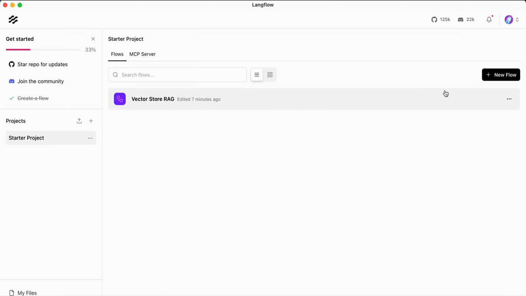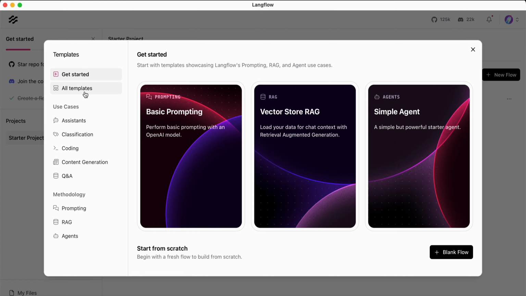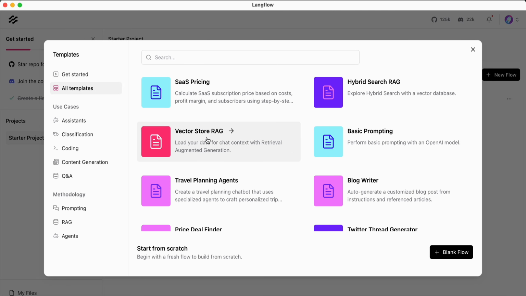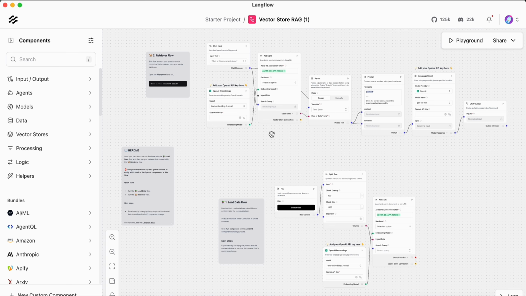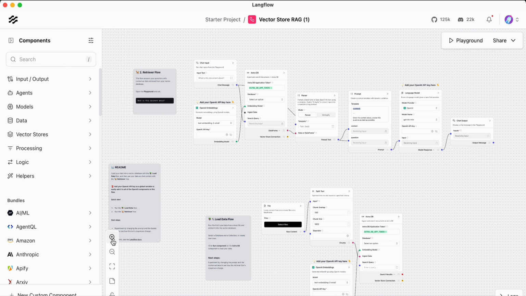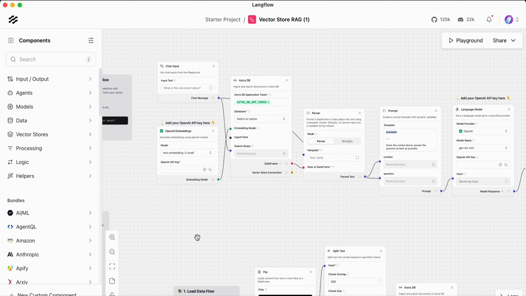But if you want to create a new RAG project in LangFlow, the quickest way to do it is to create a new flow, and then use the templates here, and search for RAG. Here I find directly the Vector Store RAG. Here you get the template.